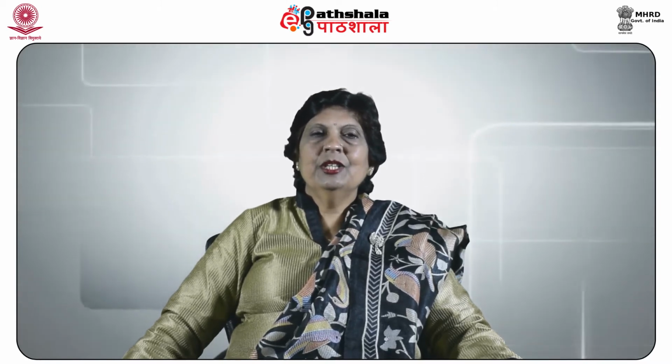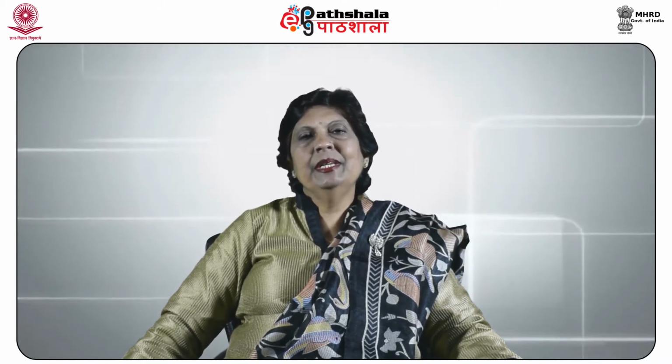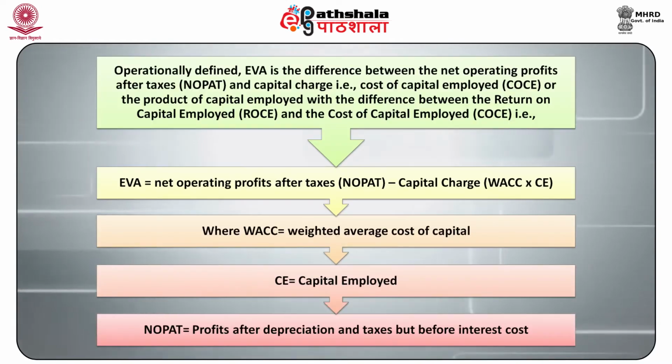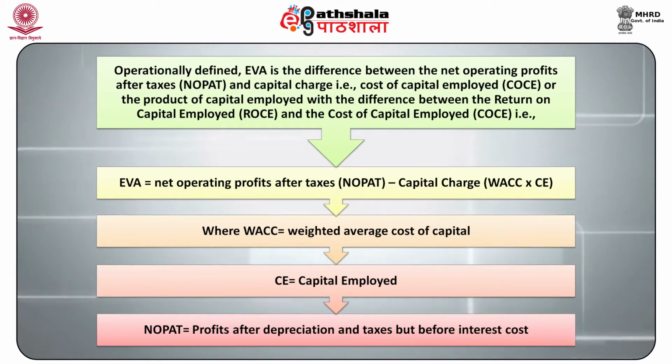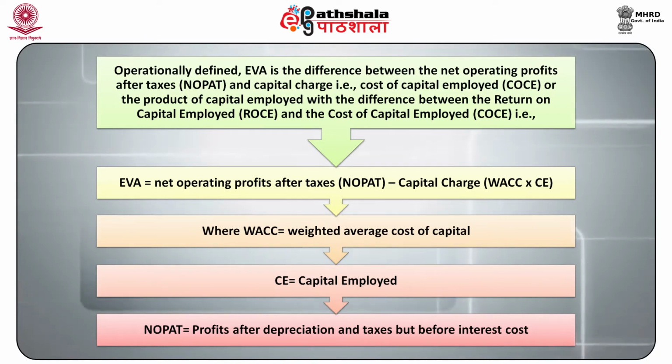But adjustments should be made to the accounting profit to convert it into economic profit. Operationally defined, EVA is the difference between the net operating profits after taxes and capital charges, that is, cost of capital employed or the product of capital employed with the difference between return on capital employed and cost of capital